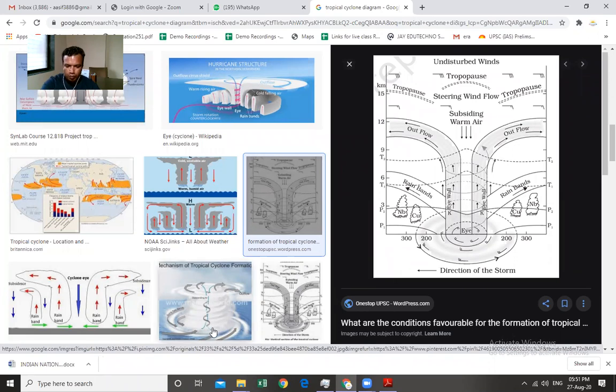So when the cyclones are moving at the wall, this is called the wall of the cyclone. At the wall of the cyclone, there is heavy and copious rainfall. But at the middle of the cyclone, there is no rainfall; there is cool and calm condition. And that is why whenever the cyclones are coming, in the middle there is cool and calm condition. The cyclone moves in this way and it moves to the left side, right? So when the middle of the cyclone is passing, there is no rainfall and a cool and calm condition.